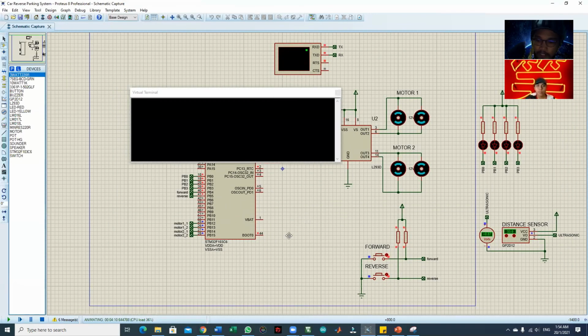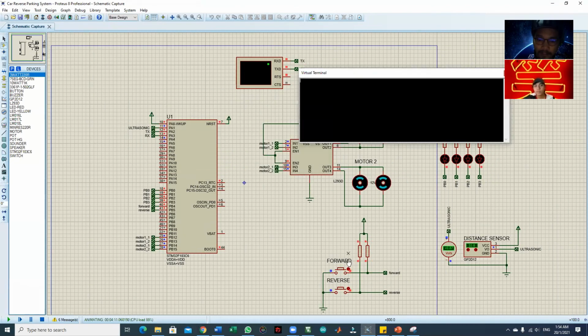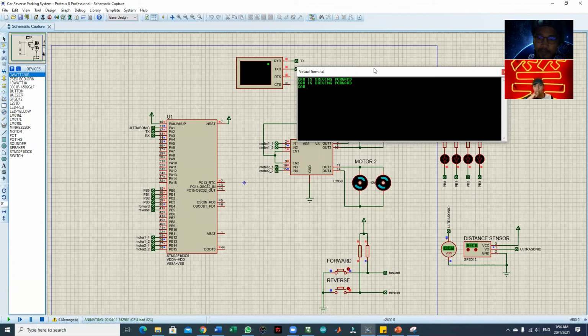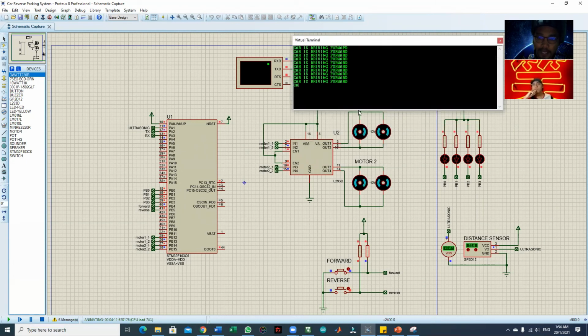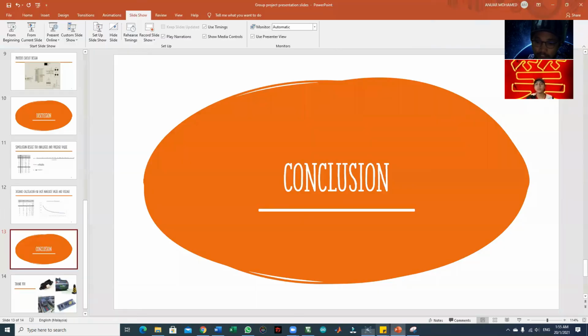It's already play, and if I press forward, it show that the motor is driving forward and the message will display car is driving forward. So this minor thing that we want to show you about. The major thing is the reverse pedal. So the reverse pedal, you can see that the distance now 33. If the distance 33,